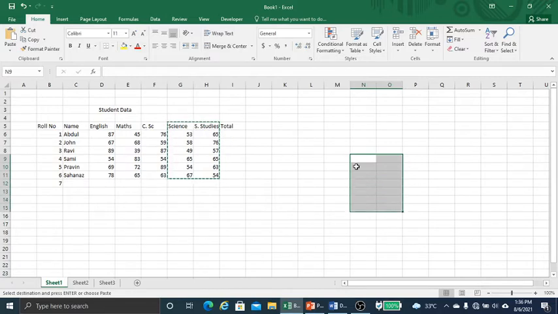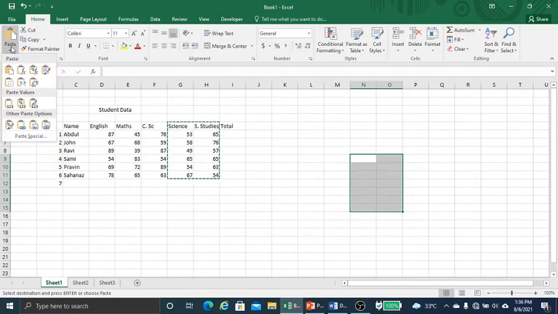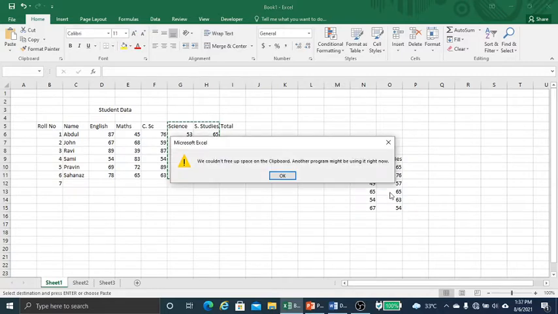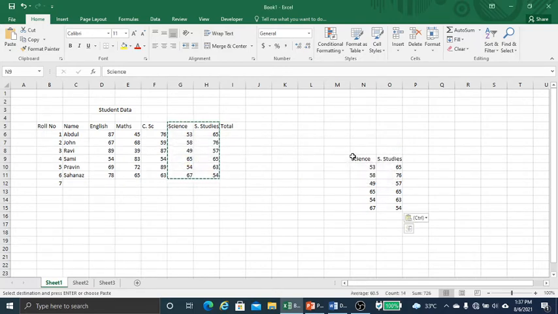Suppose I want to paste it here. I have selected the range of cells, and then in the clipboard I click paste. You can see here the data goes, so the data is pasted here. Now let me show how to delete this data.